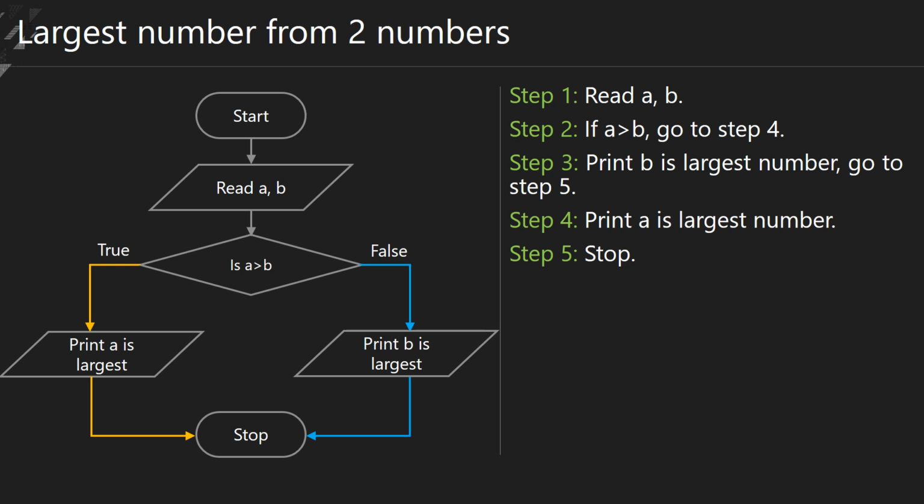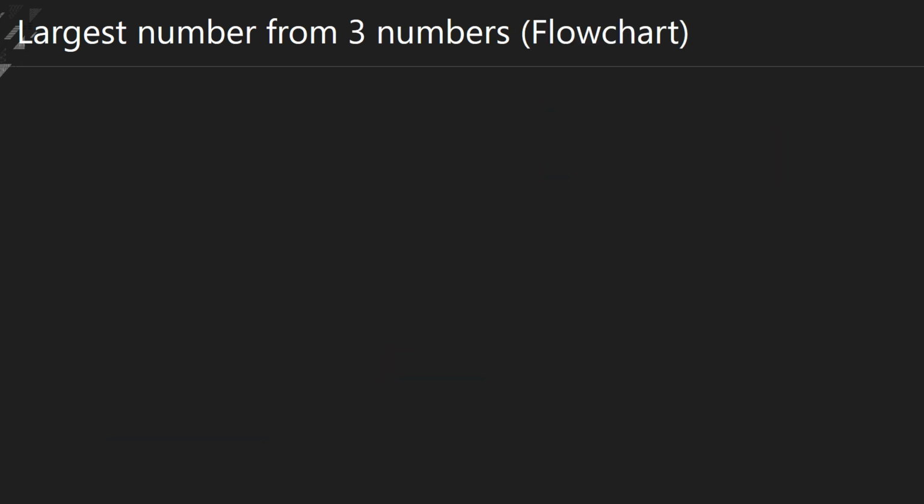Practice one or two problems like this, then it becomes so easy to write the flowchart and algorithm for any problem. So let us go to one more problem: the largest number from three numbers. In the earlier one you saw how to find which of two numbers is the largest. Now they give three numbers, and you have to find which one is the largest. For that you have to write the algorithm,